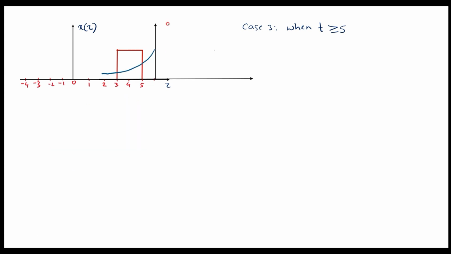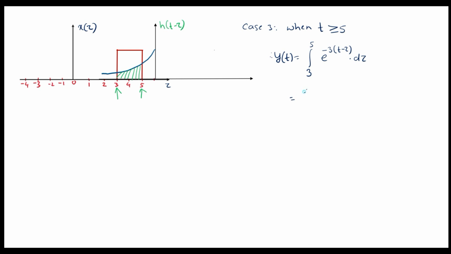So now here we can observe that this was the h of t minus tau signal which I have overlapped on the x of tau signal. Here we can find that this is the common area which is common to both x of tau and h of t minus tau. Therefore, in this case, the lower limit of the integration is 3 and the upper limit is 5. I will try to find y of t in this case. y of t is equal to integration from 3 to 5, x of tau is 1, h of t minus tau value is e power minus 3 times t minus tau d tau.